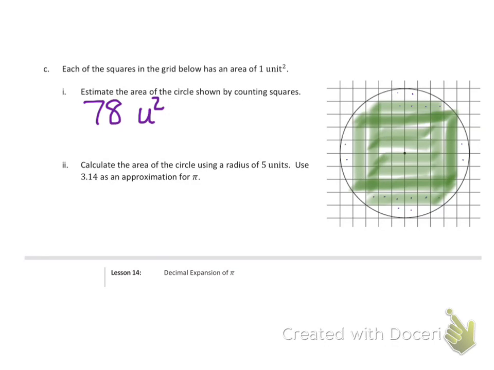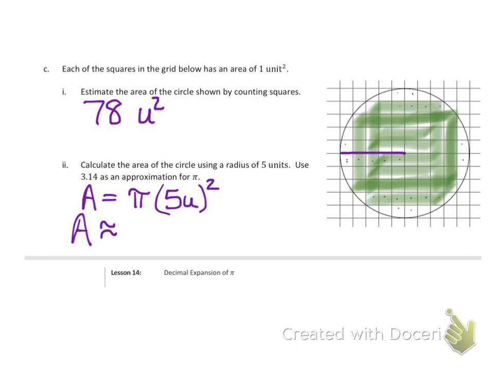Then it says calculate the area of the circle using a radius of 5. So we can use a radius of 5 because if we look here in the center of the circle and count out, we see that is 1, 2, 3, 4, 5 units. So we've got the area is equal to pi times the radius squared, 5 units squared, and we're going to use 3.14 for pi. So our area is going to be